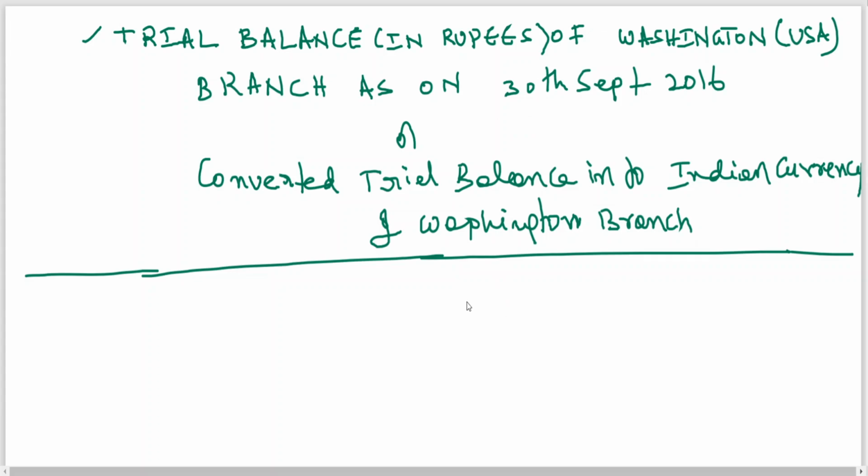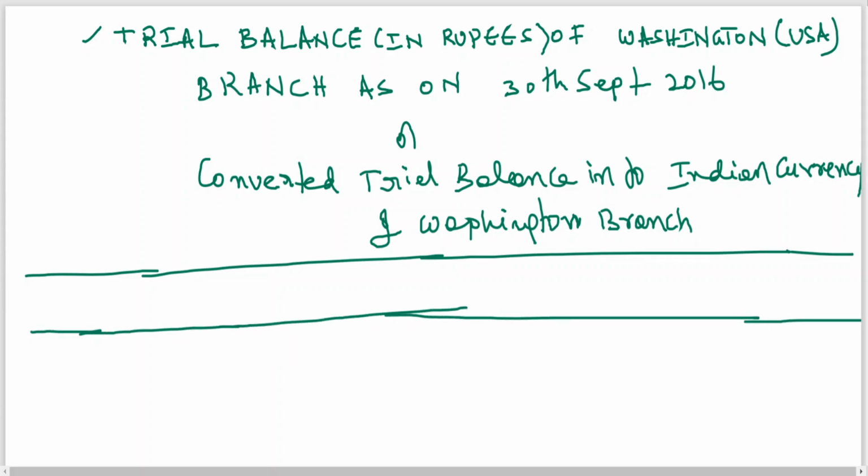So there are two ways of doing it. The problem may be lengthy, but depending upon convenience and time management, since it's a first problem for you, to have easy calculation, first you can insert the trial balance which is given there as it is. Simply you need to copy down. How you will be doing it, sir?